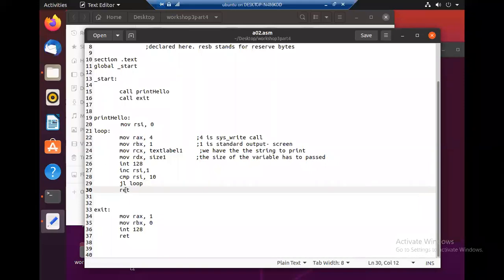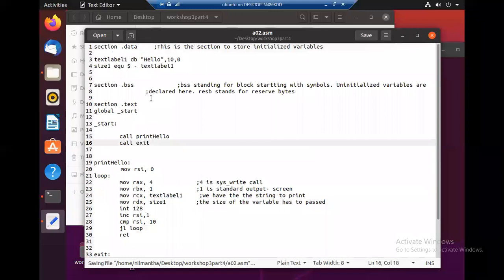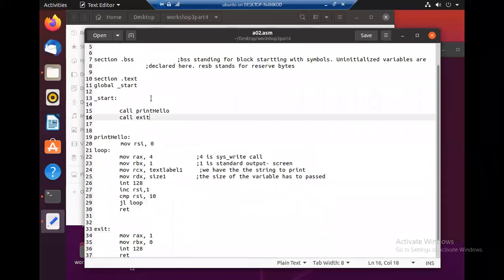Next instruction is return. So when return is called, inside this subroutine, this will go to this place, and after that this subroutine will be called and the program will exit. So that is how I have made this loop to work.